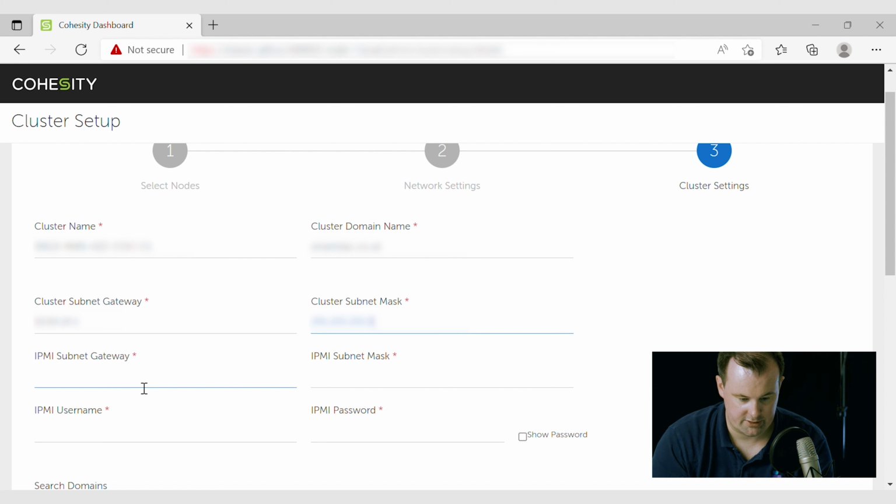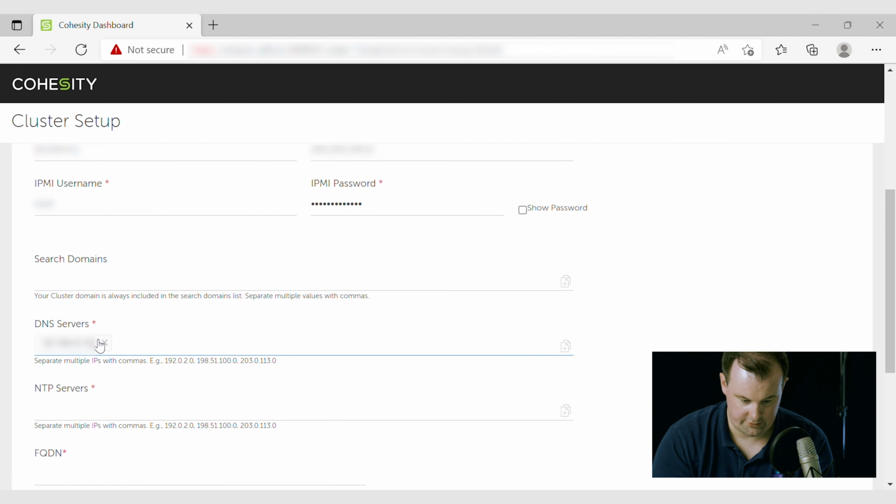Pop in our subnet mask, which is a /24. Pop in our DRAC out of band gateway. Put in the mask for that, and put in our IPMI username and password. DNS servers, which can use our Active Directory servers. Cool. Now NTP, it's